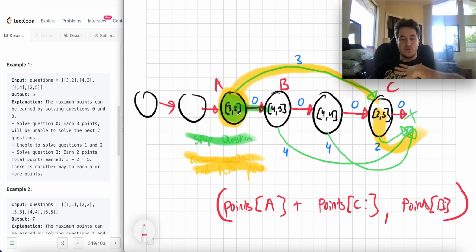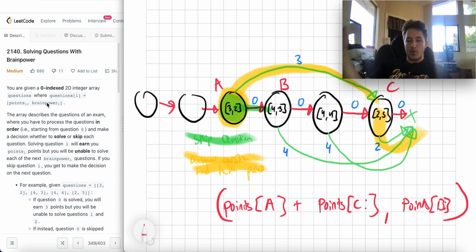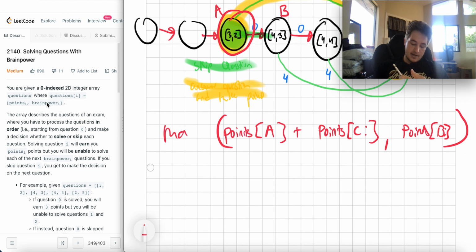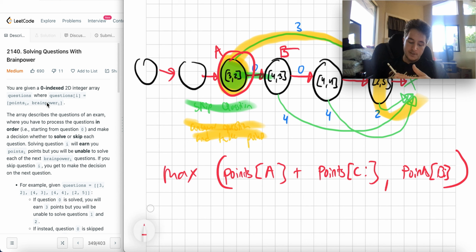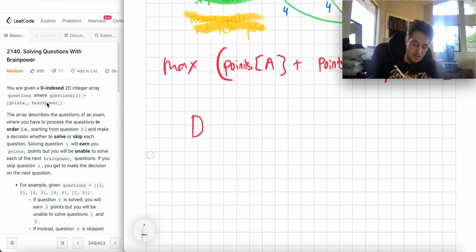the best thing for me to do is either take this question and get the points I get after I skip the brainpower questions I have to skip in order to answer this question, or I skip this question. So whatever's the best thing to do here is the max of those things, right? It's the max of whatever's the best from this point onwards, or the best including this point and from this point onwards. Okay? So that means that our recurrence relationship